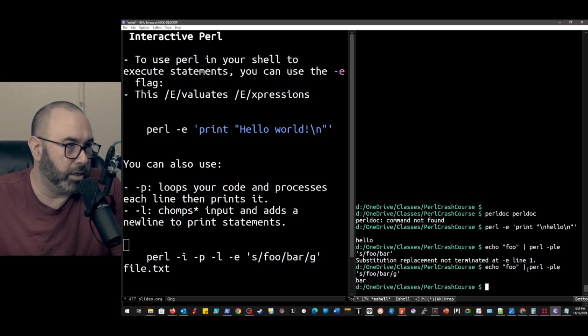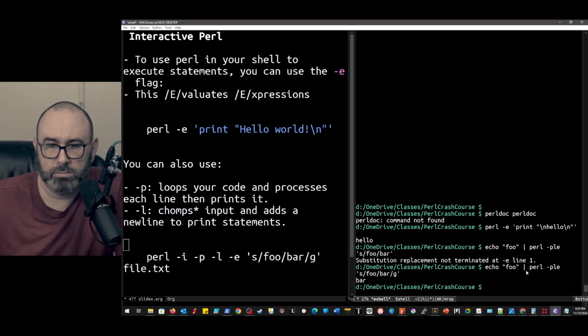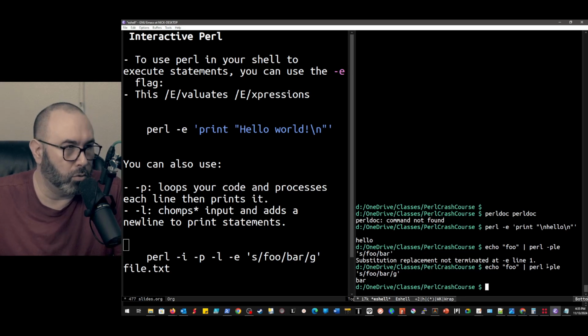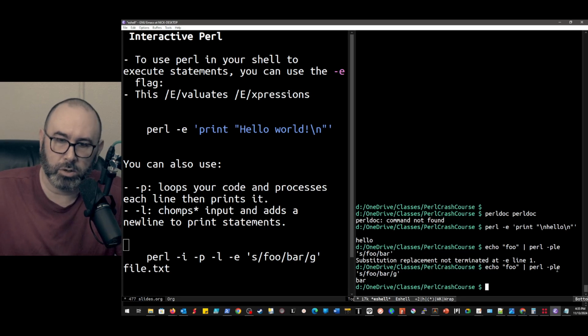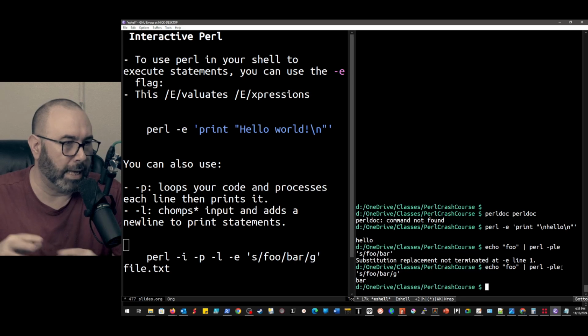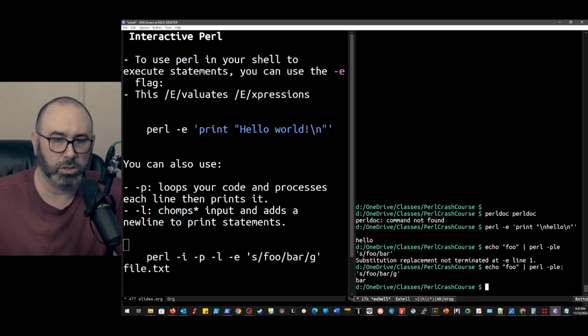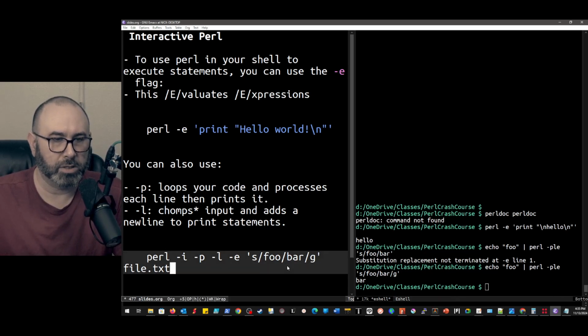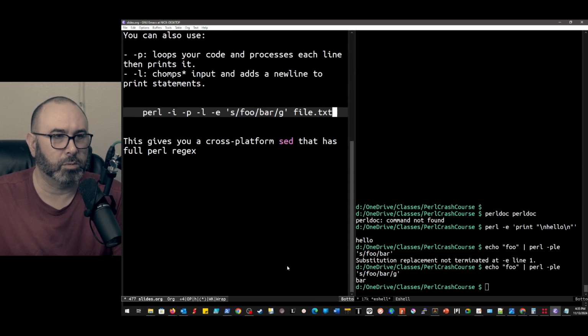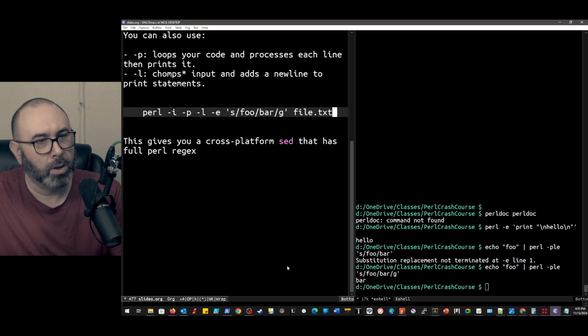So this is basically just a nice sed equivalent. But if you're on Windows, right, there's no sed by default unless you're on WSL. You can use this the same way that you would use sed and just be ready to go. So that's giving you some benefits, just immediately. So that's kind of a nice thing to be able to do. Let me reduce the size of this a little bit. Hopefully that's legible.